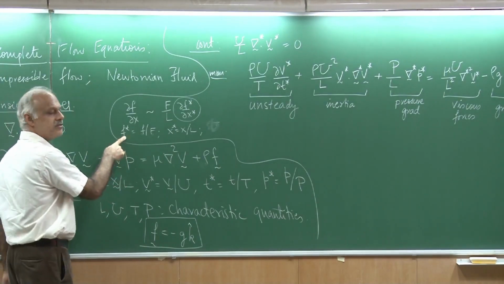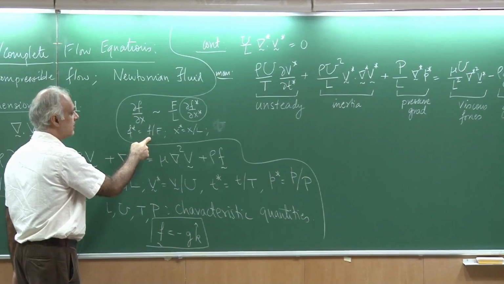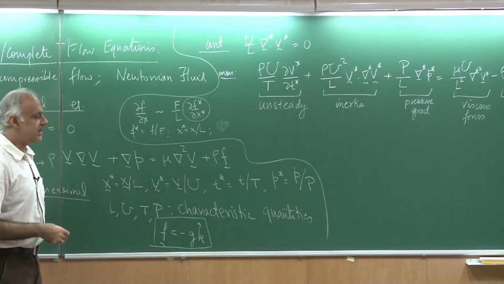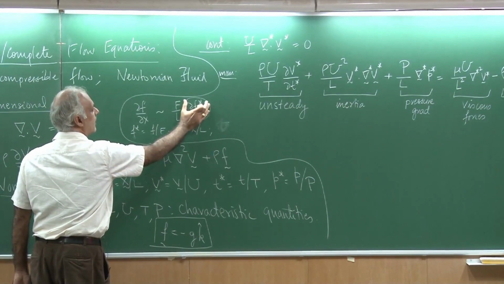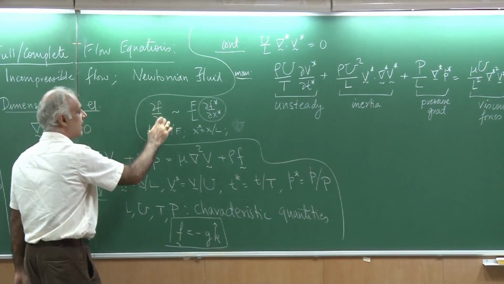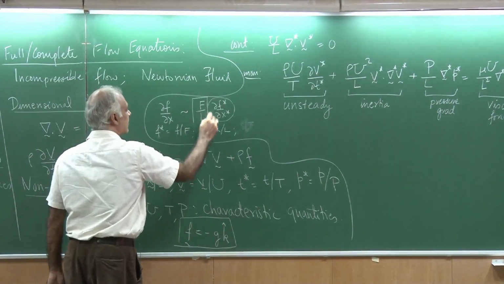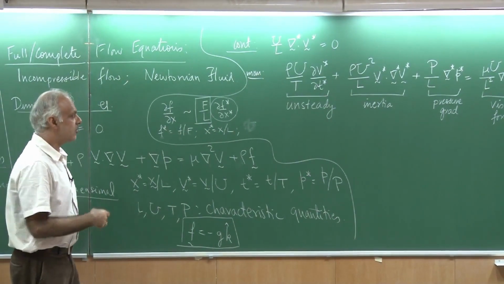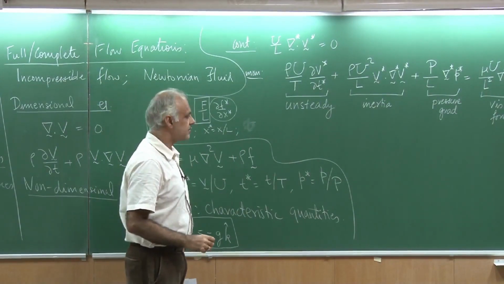Well, f star is of the order of 1. It can vary between 0 to 1, at least in magnitude. X star can vary between 0 to 1. Therefore, roughly speaking, the order of this term is 1. And if I wanted to get an order of del f by del x, then actually this is the order of this term, capital F by capital L. Okay. So that's the way we would like to interpret these equations.